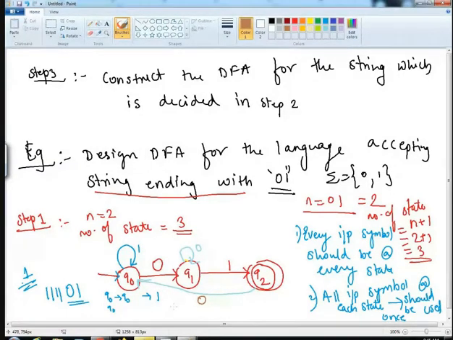Now let's talk about 1. I cannot give 1 over here. It will be incorrect. Why? I will tell you. If I give 1 in this way, Q2 to Q1, and if I give the machine 0, 1, 1, 1, the machine is going to an accepted state, which is incorrect actually. So let's see how. Q0 to Q1 it took on 0. Q1 to Q2 it's going with 1. Q2 to Q1 again with 1. And Q1 to Q2 again with 1. So this is incorrect because the condition says that it should end with 0, 1.